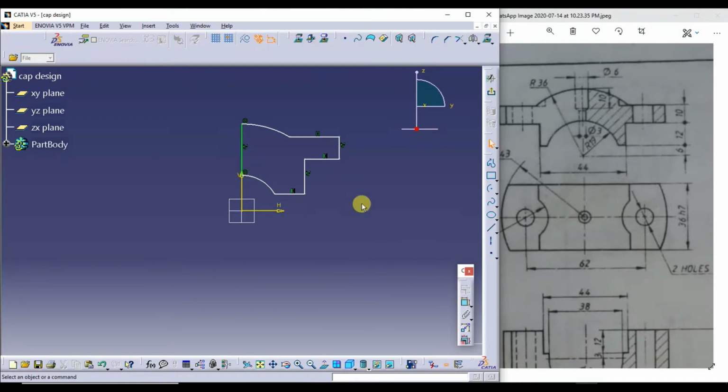Now you give the dimension for this sketch. I'll give this dimension later. I'll give this and this dimension first. You double click on this so that you can give the dimension continuously.